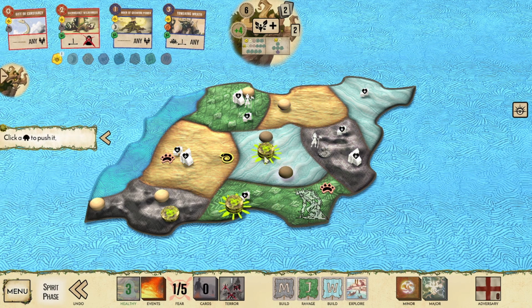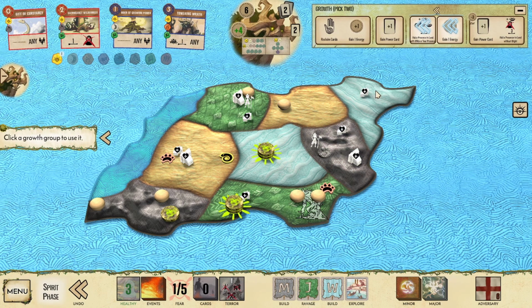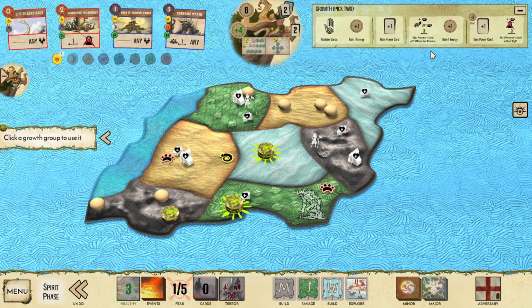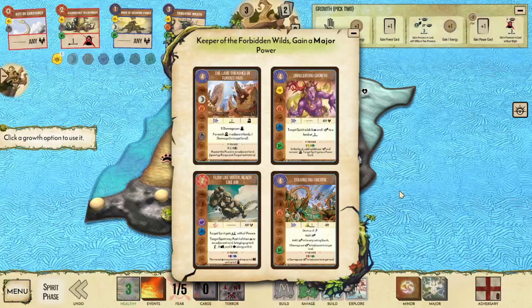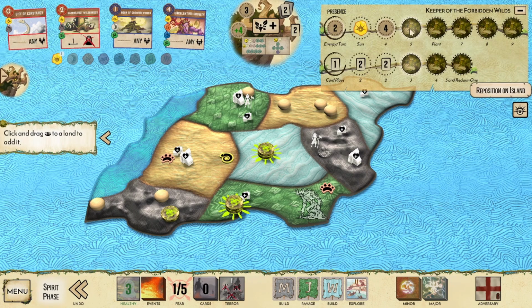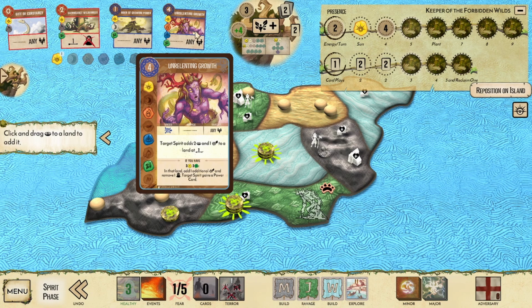So here I'm deciding where to push this Dahan, or these Dahan. I think maybe I should probably look to see what minor power I get, because right now in hand I don't have any defense. So I think the better play here would actually be to gain a power first. So I go for major powers, and I hit Unrelenting Growth, which is kind of crazy,